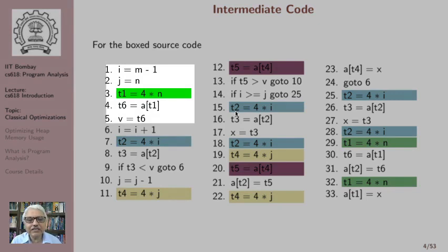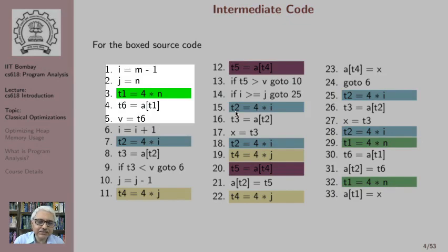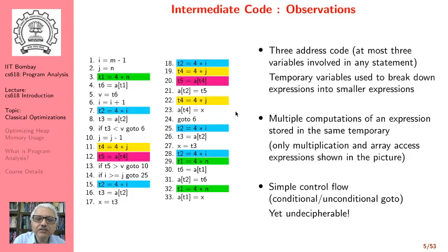The idea is that this is an integer array and every element of the array occupies 4 bytes. So in order to access the nth location, we need to multiply n by 4 and access that location. So this is how all bigger expressions are represented into a sequence of collection of smaller expressions that are connected through the temporaries. So we have a 3-address code in which we use temporary variables to break down expressions into smaller expressions.